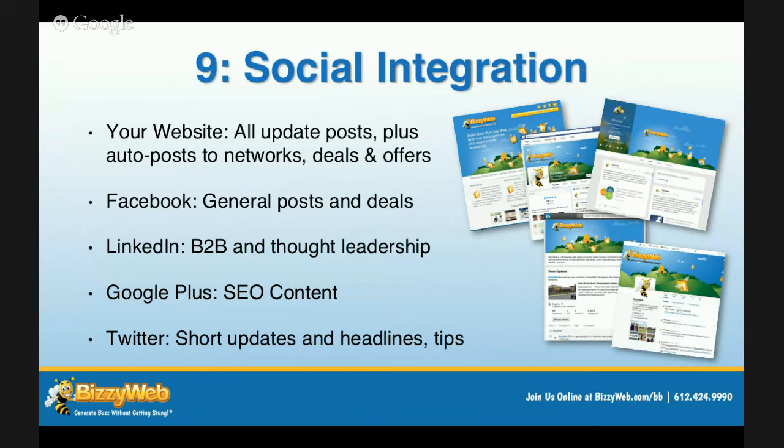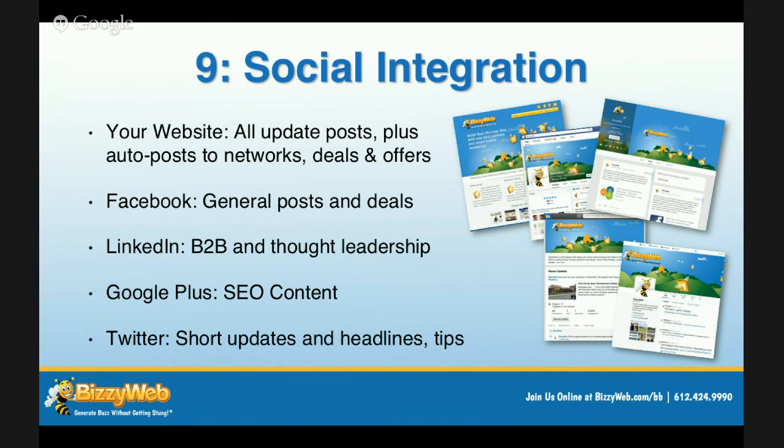When you update your website, you can set it up so that it automatically publishes to Facebook, LinkedIn, Twitter, Google+, Pinterest, and more. The key thing is you have to set it up so that the content continues to be relevant, and you can set this up so that specific categories of posts go out to different networks, and certainly so that all content, whether it's sending out to Facebook or to Google+ or to Twitter, is all formatted for that